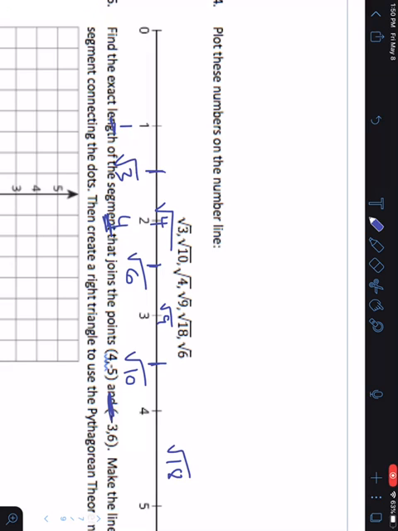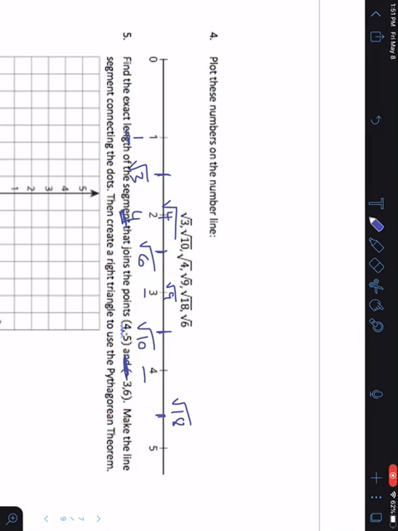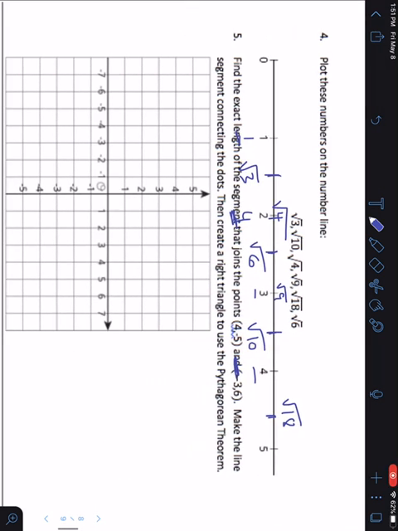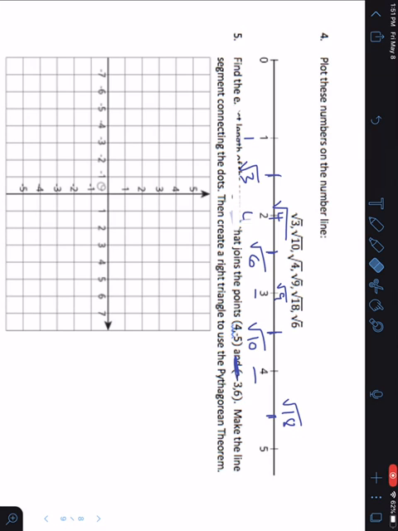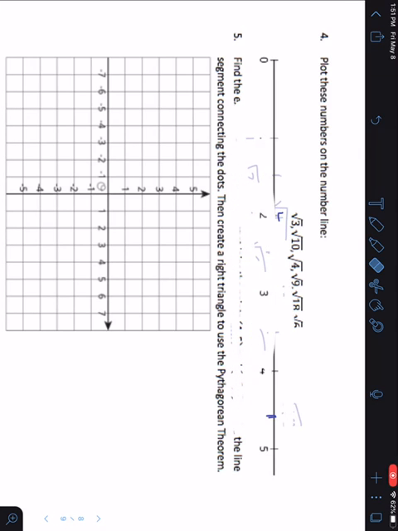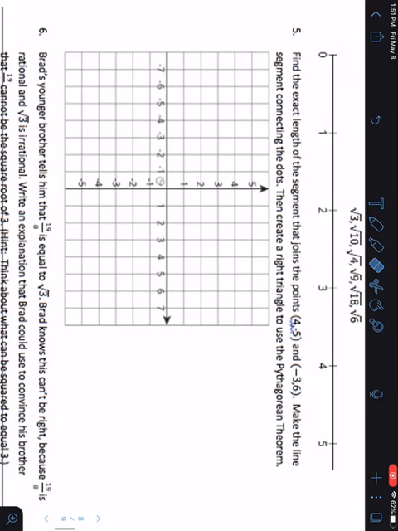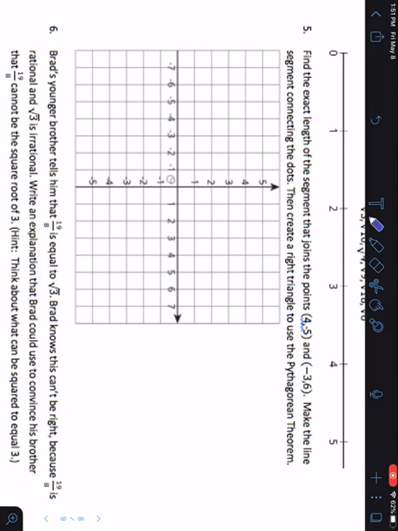So now you can see where our answers are, okay? So in order, it would go root 3 between 1 and 2, root 4 is on 2, root 6 between 2 and 3, root 9 on 3, root 10 is between 3 and 4, and root 18, or square root of 18, is between 4 and 5. Awesome work, okay? So that's what yours should look like. All right, now I'm going to have to erase this stuff, so luckily it's a video, so if you want to see it, you can go back. There's plenty of frames where the whole answer is laid out. All right, it says find the exact